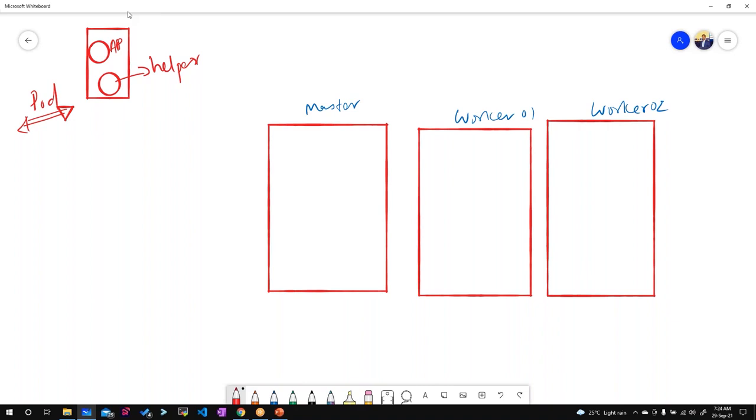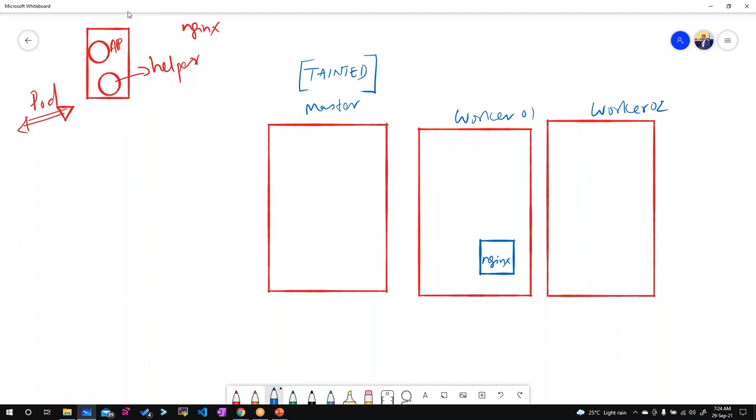Now I can deploy a pod. By default, I've created an nginx pod, and that nginx pod has landed on some node. It is running here in worker node 1. By default, the master node will not run any workloads because it is tainted. Tainted means it has some labels due to which you cannot schedule any workloads.